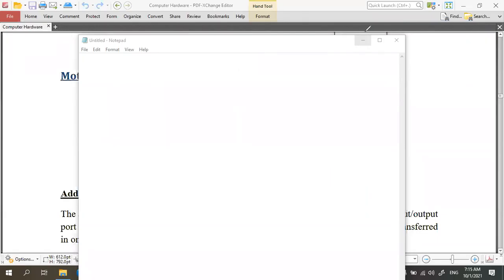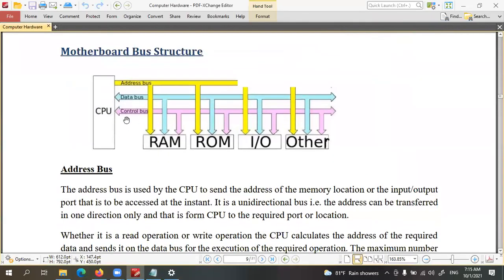So in the CPU, you can see all the RAM, ROM, input output devices, and the hard disk, everything is connected through three buses, three communication channels: address bus, data bus, and control bus. The locations of data or instructions are sent through the address bus. The data bus carries all the data, and the control bus communicates control signals like read and write. Got it?